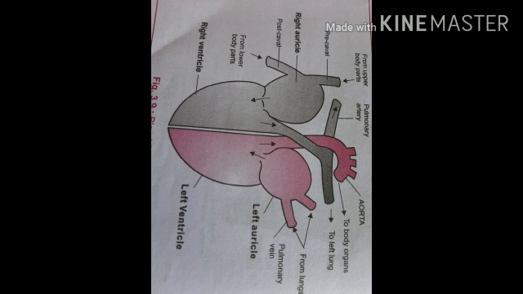Now let us discuss various steps in heart functioning. The impure blood comes to the right auricle through the inferior and superior vena cava as shown in the diagram. The right auricle pumps this blood to the right ventricle. The right ventricle then sends this blood to the lungs for oxygenation through the pulmonary artery. From the lungs, the pure blood is brought to the left auricle through pulmonary veins. The left auricle sends this pure blood to the left ventricle, and from the left ventricle, finally this oxygenated blood goes to the entire body through the aorta.